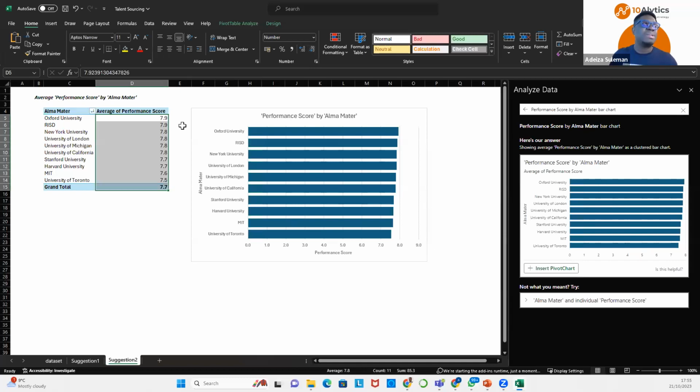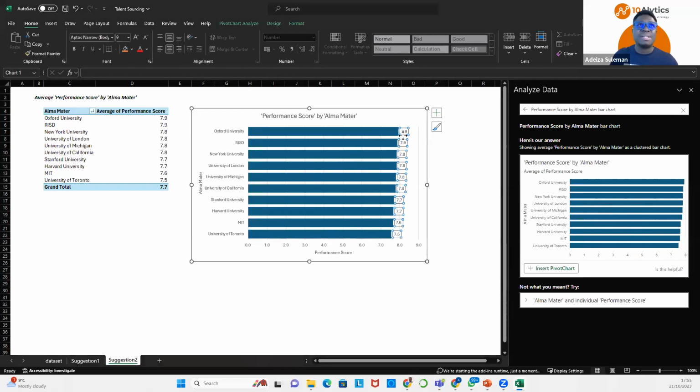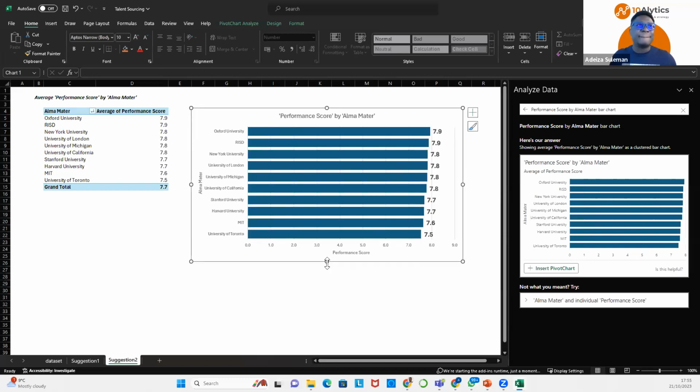That's what I want. Okay, so you can see 7.9, 7.9. They are very, very close. I want the numbers to show on the chart. So I'm going to right click on any of the charts, and then I'll click on add data labels. All right, and then you see the numbers. I'll click on the numbers. I want to bolden it and make it big so you can see. So I'll click on bold over here and also increase the font size by clicking on that until I take it to 14 so that it is bold enough.